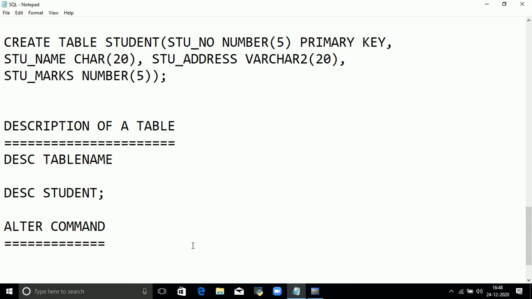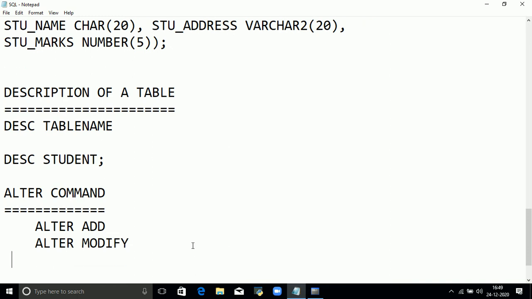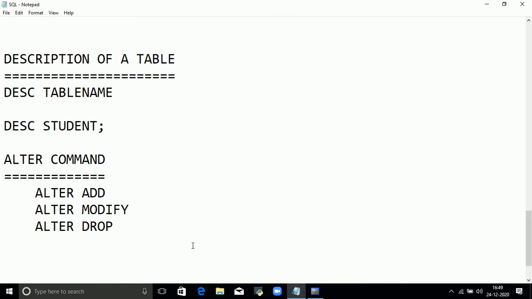In alter we have three different commands: alter with add command, alter with modify command, and alter with drop command. So three different commands. Let us discuss them one by one.